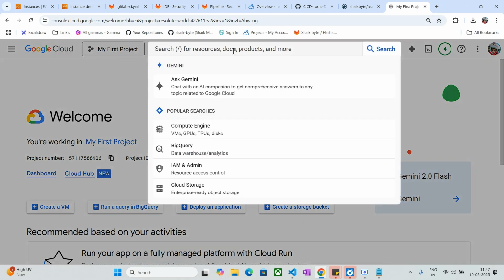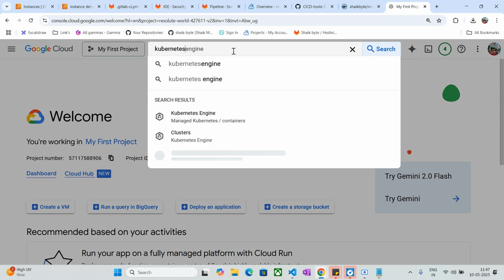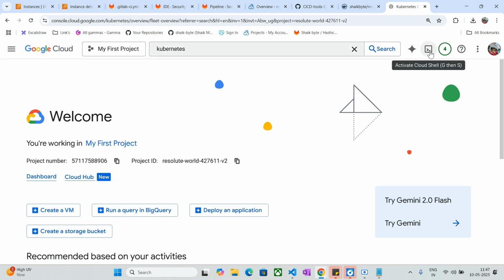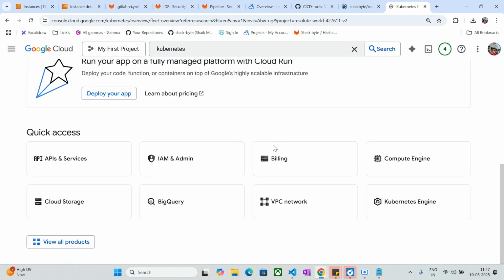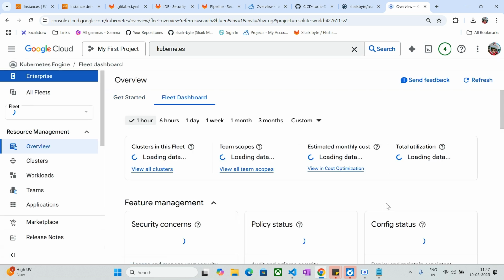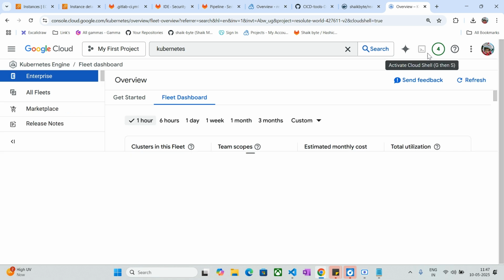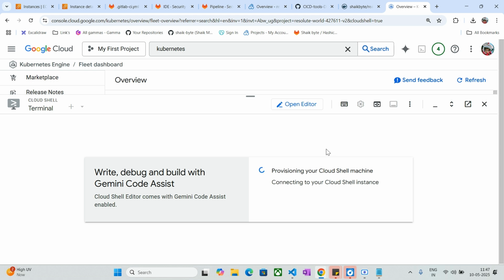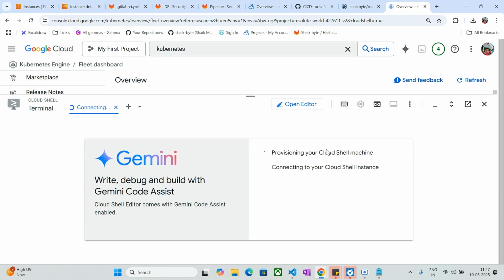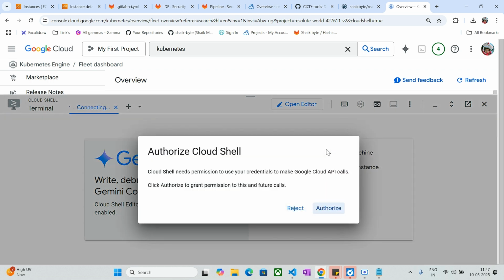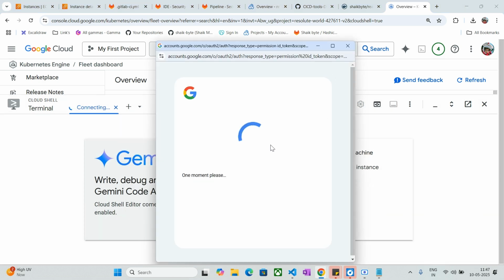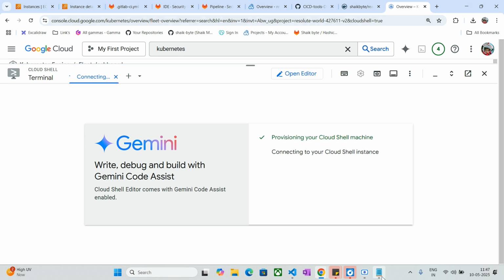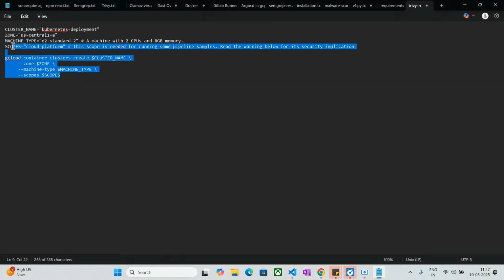So I'll search for Kubernetes Engine, and I'll head to the Cloud Shell. I'll use the command line, where I can just run it and create the cluster. So I'll just authorize it. Let me drag up. And this is the command that I'm going to use for creating the cluster